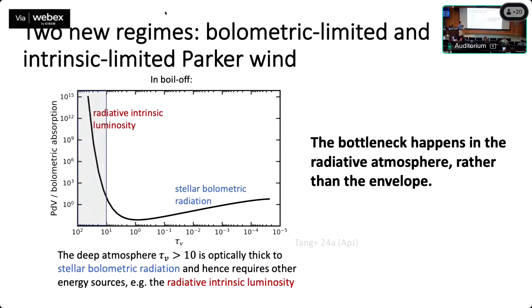We actually identified the true bottleneck, which usually happens in the radiative atmosphere, which is primarily stellar heating driven or bolometric driven. We found that when the mass loss rate is high, but your stellar heating is inefficient, it can be bolometrically limited. This leads to energy limited escape. Or in the deep atmosphere, it's strongly dominated by the planet's own cooling. If the intrinsic luminosity there from the planetary cooling is not sufficient, then it can lead to another energy limitation